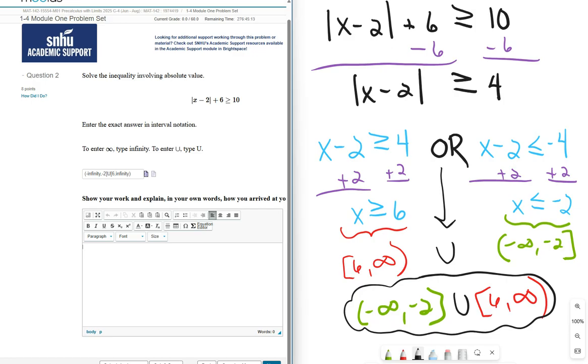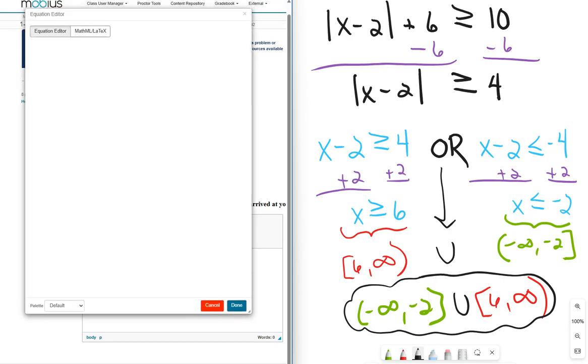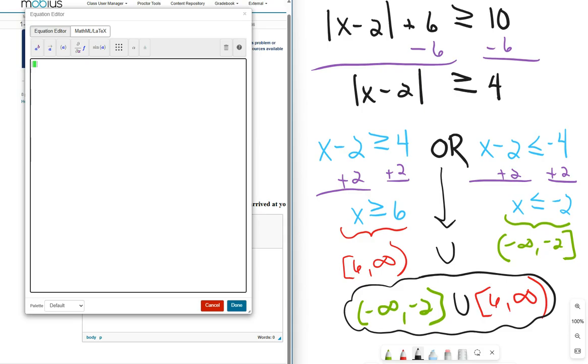Now there's several ways you can do this. My favorite way, though, is to actually type in the work using the equation editor, which is right here. So I usually click on that first, and then I need absolute value bars. These are parentheses, but when you click on it, here's your absolute value bars. And then inside, I'm going to backspace and hit X -2. Scroll over and then hit